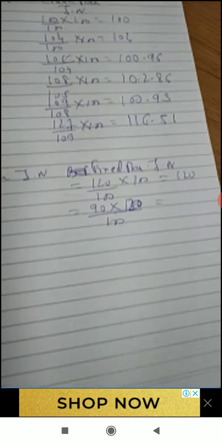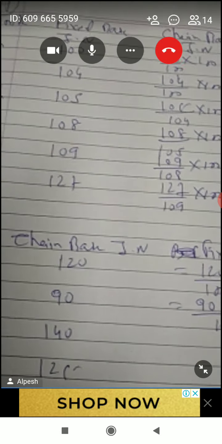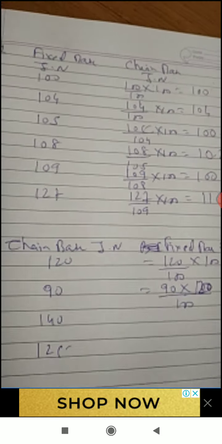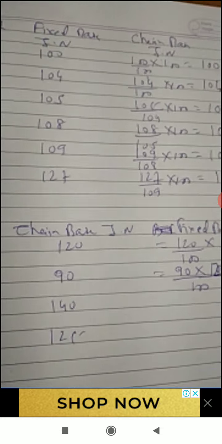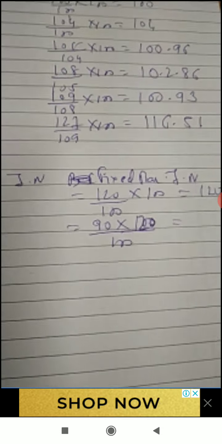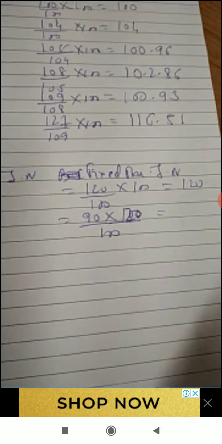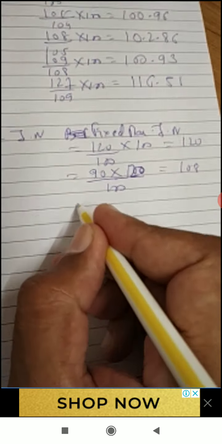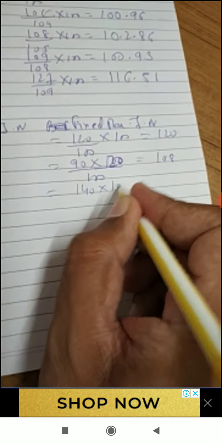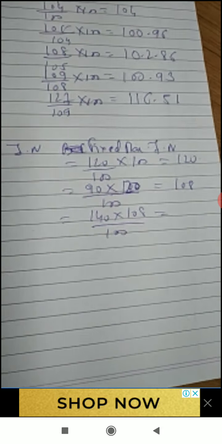So value is 90 multiplied by 120 divided by 100. Your value is 108. Okay. Next one, here 140 into 108 divided by 100, and value is,